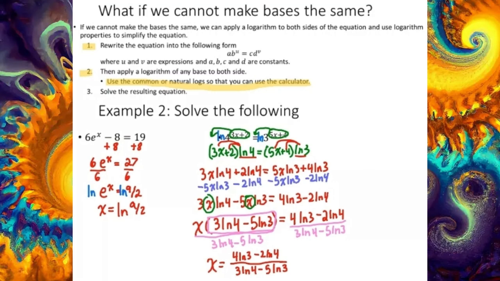And when we do, we get x equals 4 times the natural log of 3 minus 2 times the natural log of 4, all over 3 natural log of 4 minus 5 natural log of 3. You could use logarithmic properties to simplify the numerator and denominator. However, you do run the risk of having to evaluate logs of very big numbers, which could be a problem